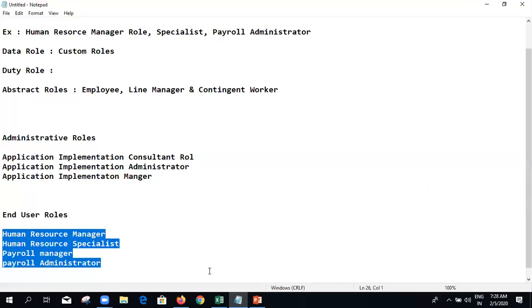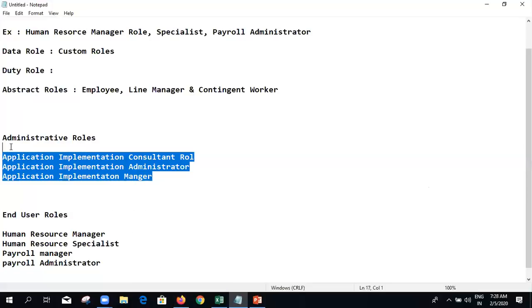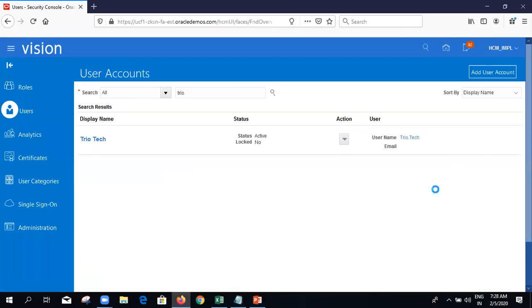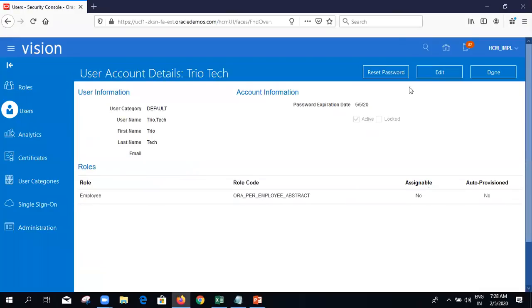There is no restriction, but these are mandatory roles in order to get access to this setup and maintenance. Okay. So what I will do, I will add the roles to this user account only, and we will see from the front end. So edit,